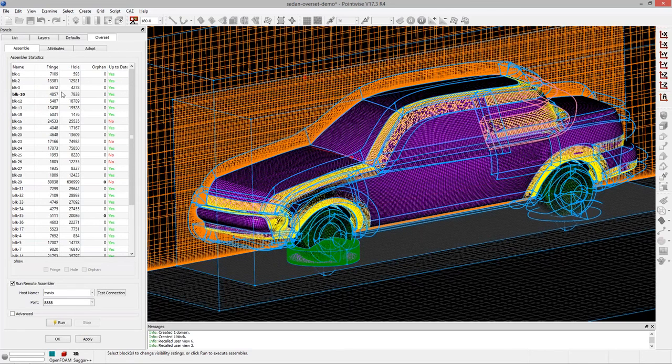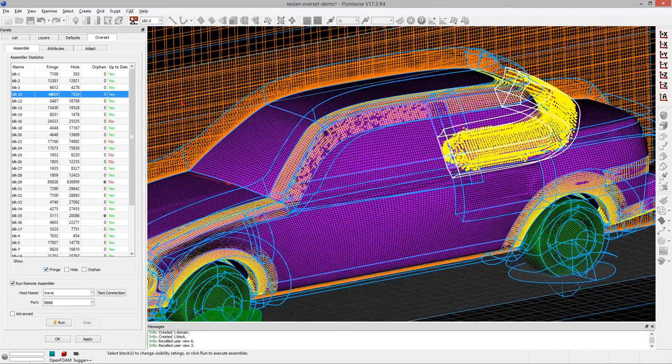But the nice thing about this is you can see what blocks are up to date, what blocks aren't, and you can see the holes, the fringes, the orphans, and you can persistently display that information as well. For example, I can turn on fringes and see the fringes. I could turn on the holes, see the holes. And if I exited this panel, I could still see that. The nice thing about that is if I had orphans, which I don't in this case, I could persistently see where those are, and I could push out an extrusion a little bit more to provide sufficient overlap, or mitigate those problems by building additional entities or whatever I need to do to get rid of those orphan points.